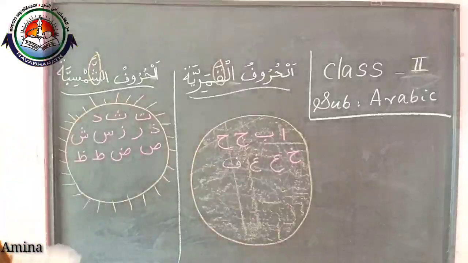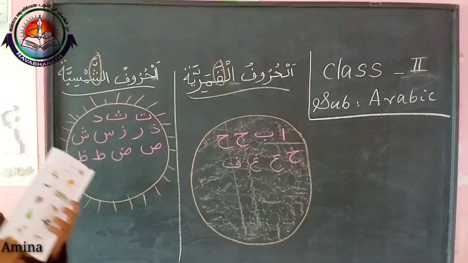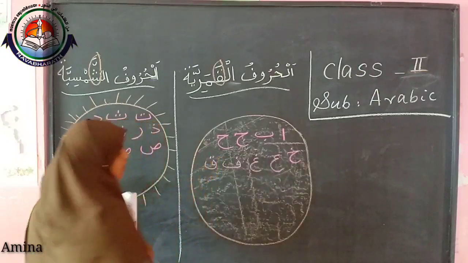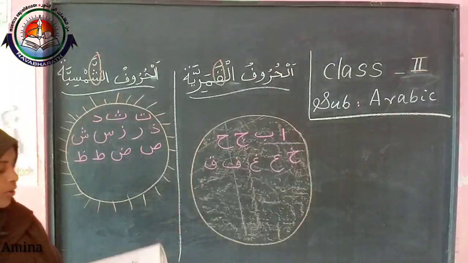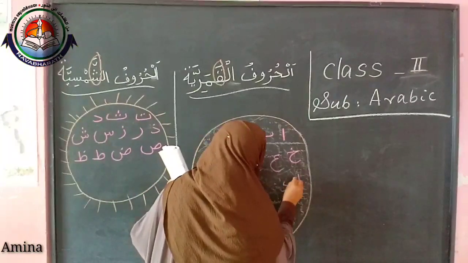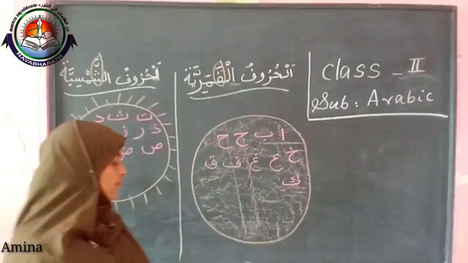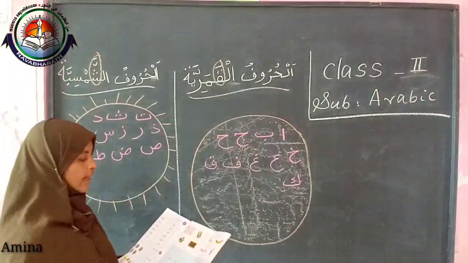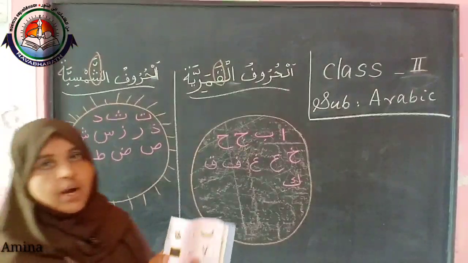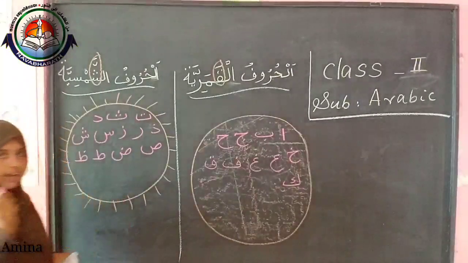Okay. Fa. Then qaf, qird, monkey. Al-qirdu. You can hear the sound of lam clearly. Then kaf, kelb, al-kelbu. Then kaf also we wrote in huruf al-qamariya. Then lam. Lawh. You can see lawh. Lawh means slate. Al-lawh.